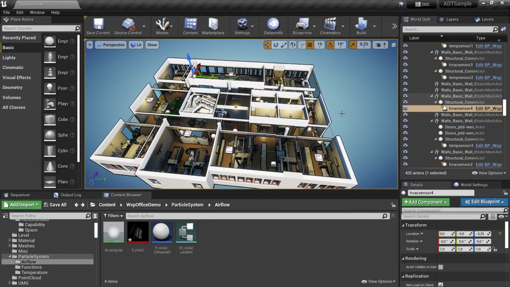I'll be available for questions if there's anything you want to go more in depth on after this. I hope that gave you some ideas for how you can use particle systems in Unreal to visualize real-time data. Of course, there's a ton of other ways to do it, and you can use other stuff than particle systems as well. But for the scope of this talk, I hope that gave you something to work with.